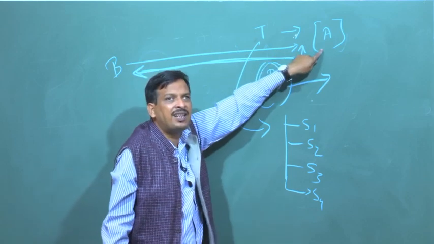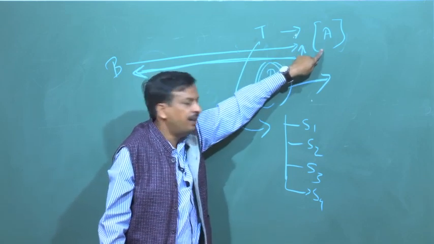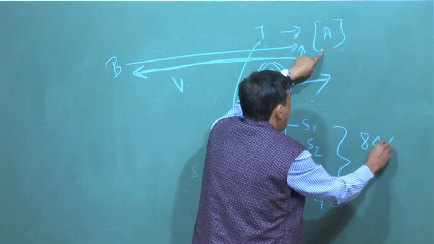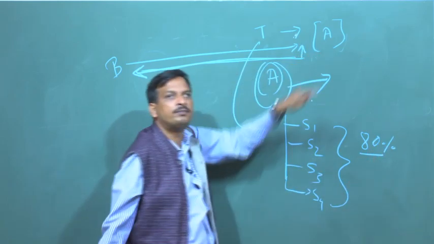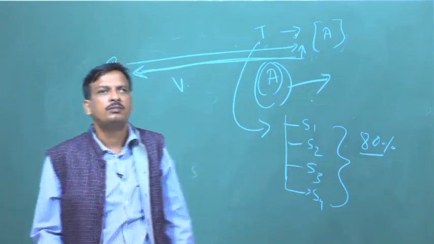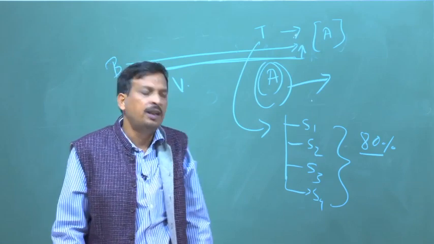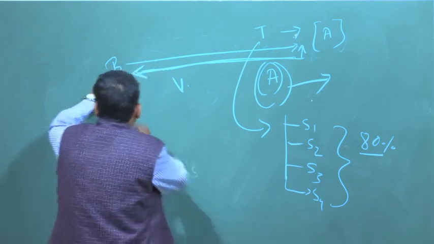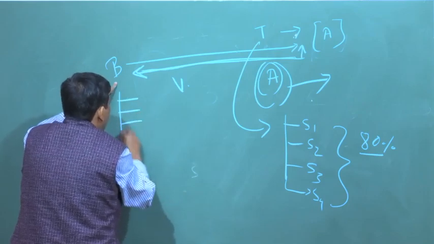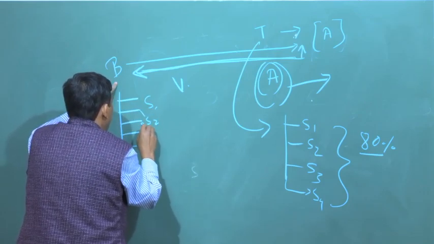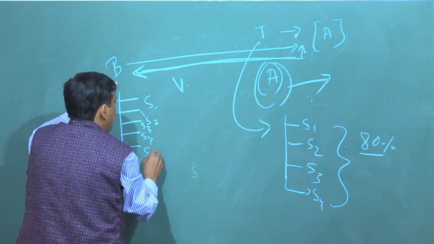Once I certify grade A, that means 80% of the skills are acquired by the learner. If Institute B requires the same skills S1, S2, S3, S4 and S5, then